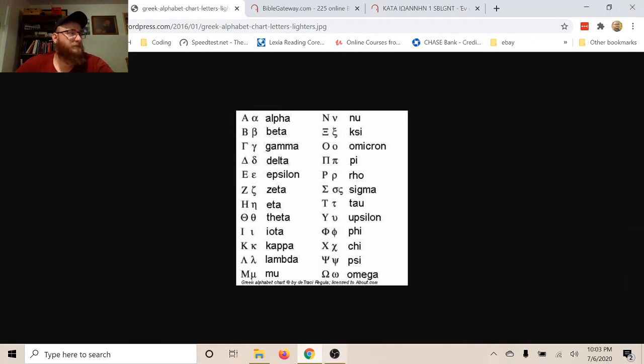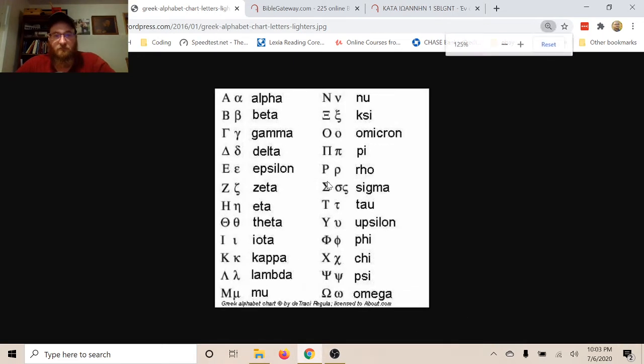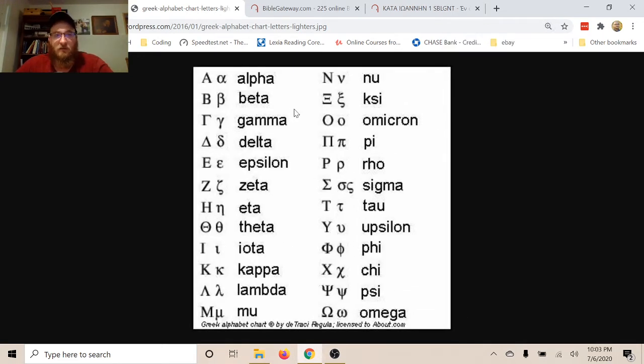So, well, this is what it is. Here is the Greek alphabet we got. Just forget about the capitals for now, only because they're just not important right this minute. So you've got alpha, beta, gamma, delta, epsilon, zeta, eta, theta, iota. That was really important. I'll tell you why in a minute. Kappa, lambda, mu, nu,